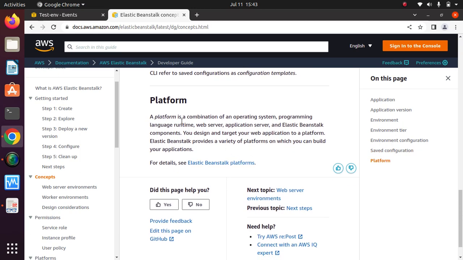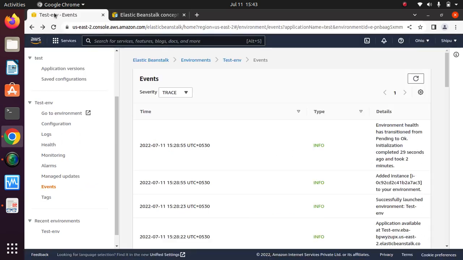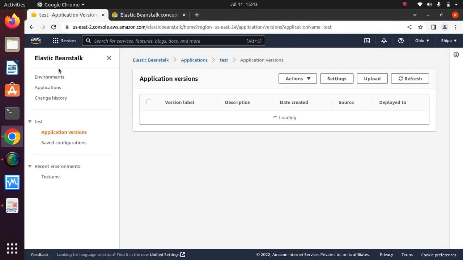Now, platform. A platform is the combination of operating system, programming language, runtime, web server, application server, and Elastic Beanstalk components. You design and target your web application to a platform. Elastic Beanstalk provides a variety of platforms on which you can build your application. So basically I told you, while creating this application, while creating this environment, whenever you create any